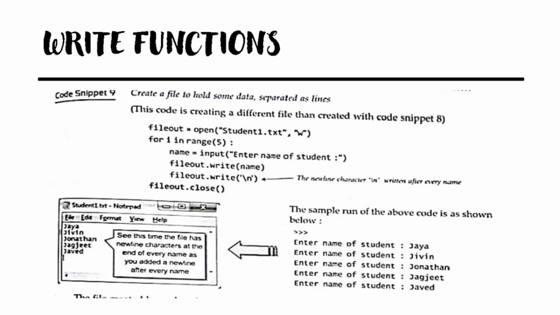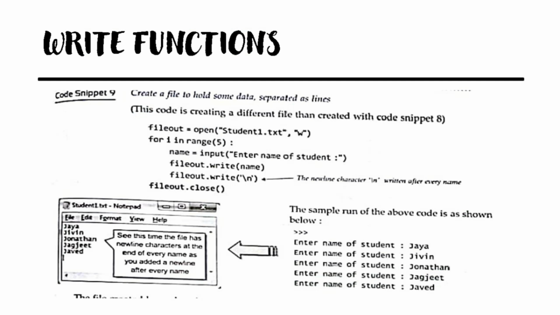I have a coding here for creating a new file. The 6 lines of code I have given here. In this, the name of the file is student1.txt and I am accepting 5 students' names here. Once you run this sample code, it will ask you to enter the name of 5 students. So I am giving here 5 students' names. Once you complete that part, the new file will be created with the name student1.txt, where this information, whatever we have typed from the Python editor, will be stored inside that notepad file.